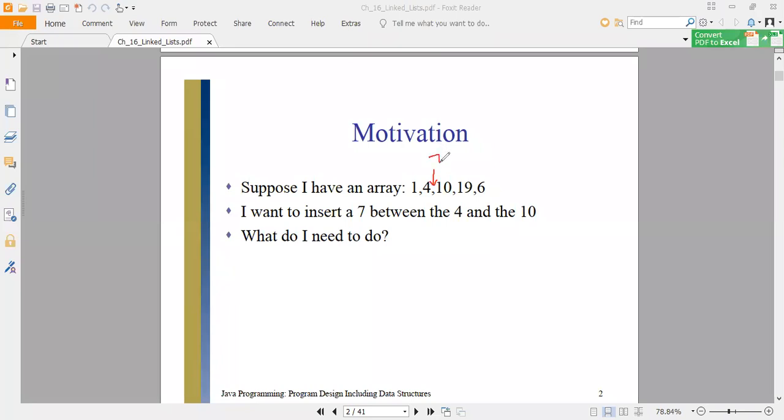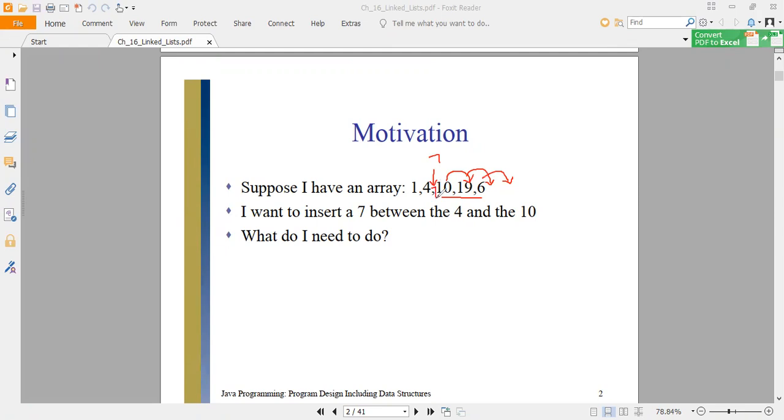So in between 4 and 10, I want to add 7. So what do I have to do? I have to shift all the elements after it. So I have to shift 6 one location ahead, 19 to the 6th position, and then 10 to the position of 19, and then I can have an empty slot over here, and then 7 will be inserted.